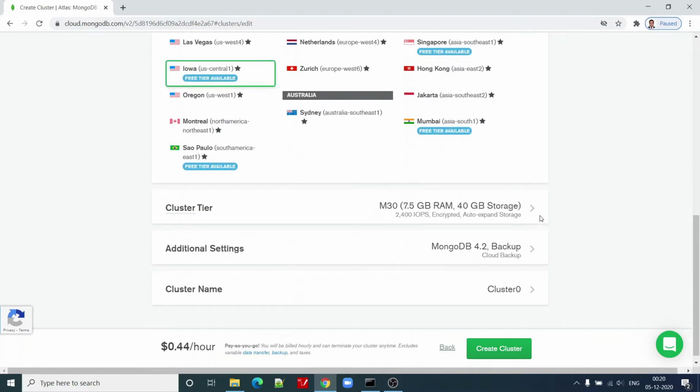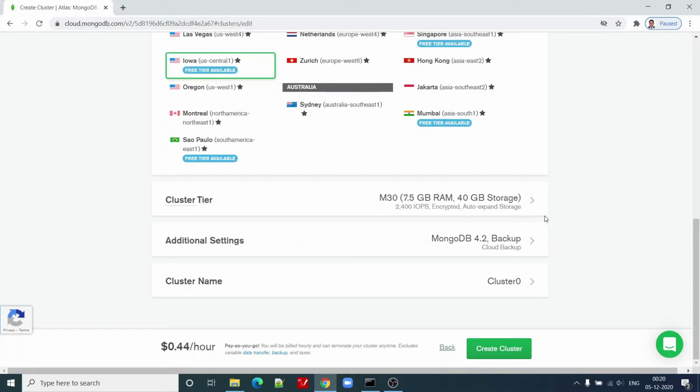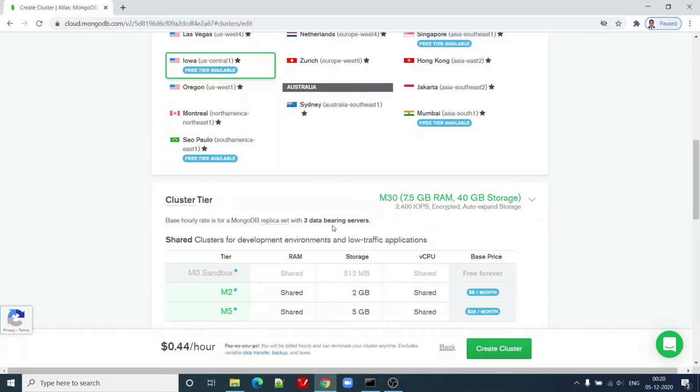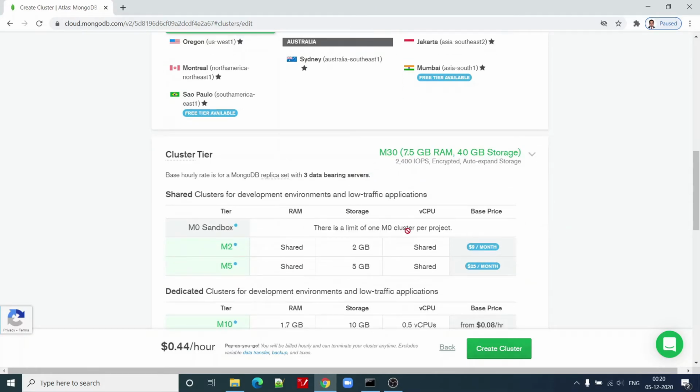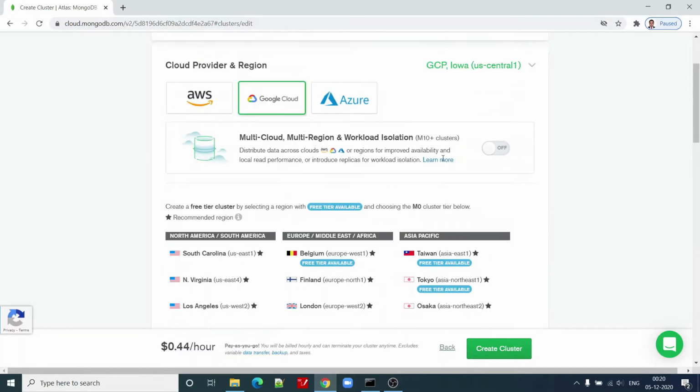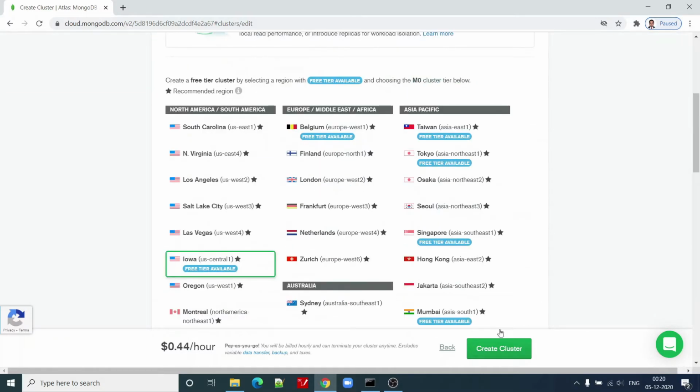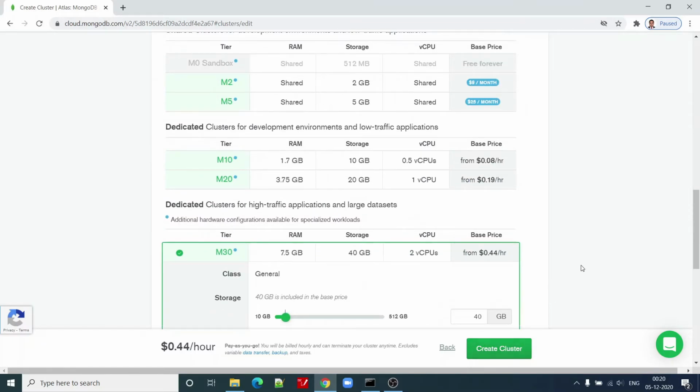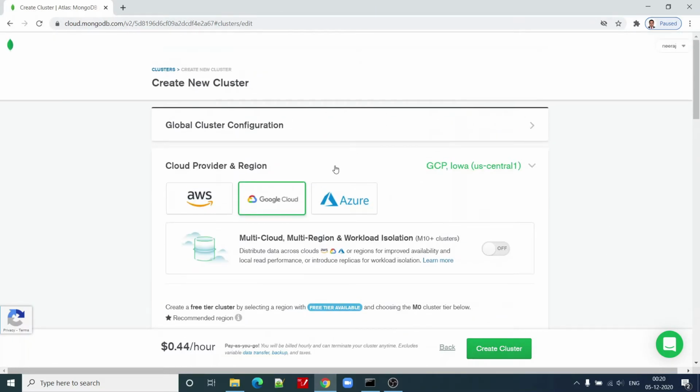Because different providers have different pricing mechanisms, and I can select different options and configurations here, right? Once I click on create cluster, it will start creating my cluster. But in this video, I'm not going to cover how to create a cluster. Those will be discussed in future videos.